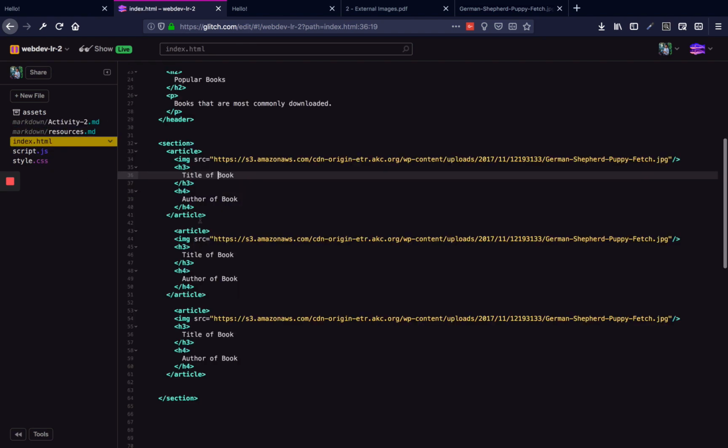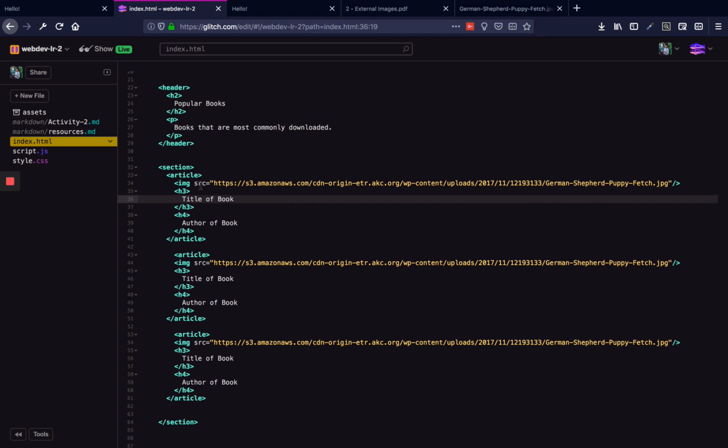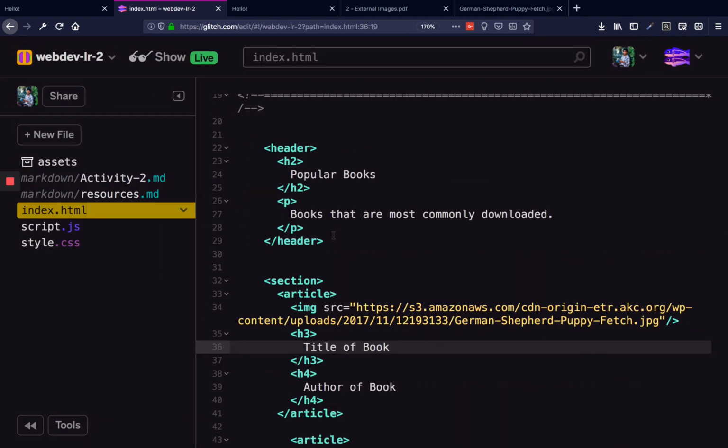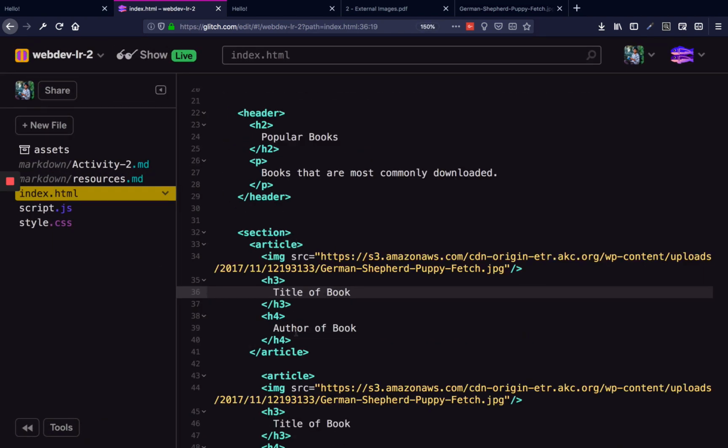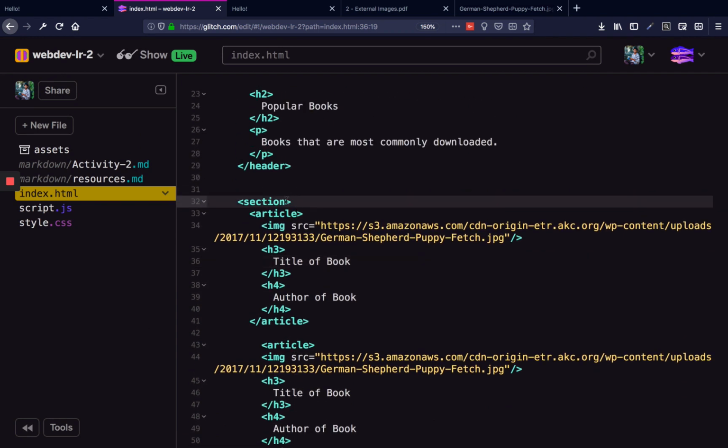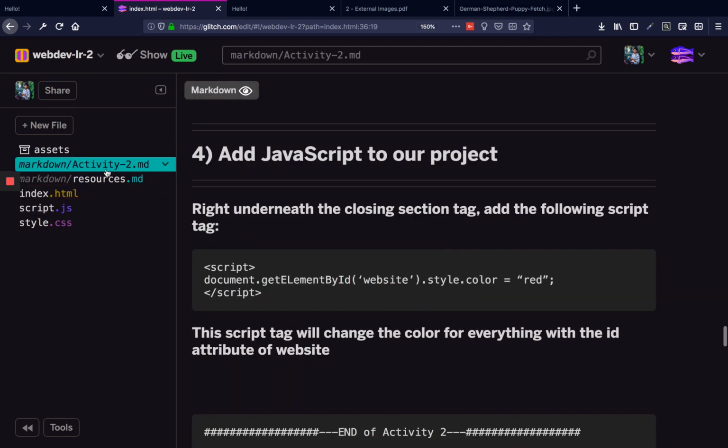Now remember that step I skipped before? I'm going to put it in right now. This first section tag, I'm going to give it an ID, which is just a way to target specific elements. I'm going to call this one website. So now it's going to look for an ID that is the name of website, and it's going to access the style attribute of that element, and it's going to change the color from its default, which right now is black, to red. So let's just copy this,